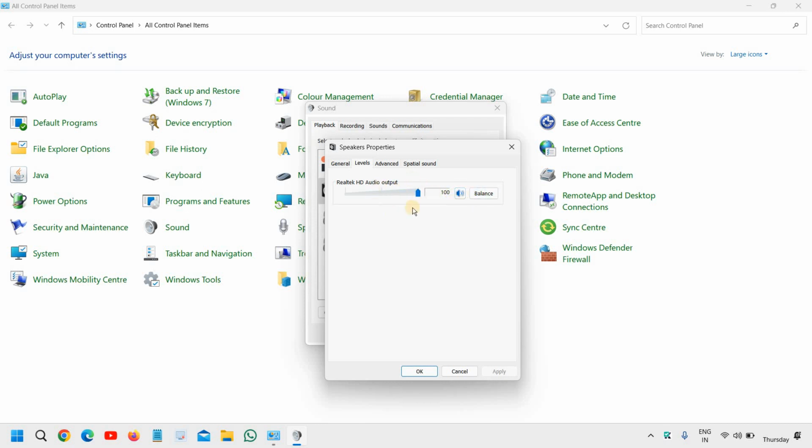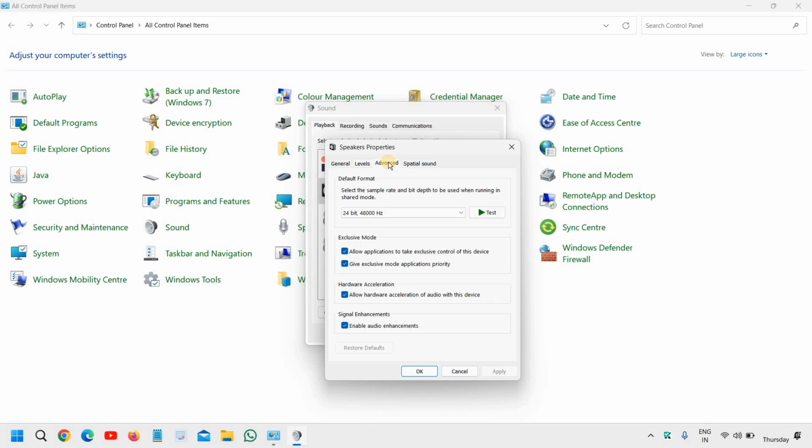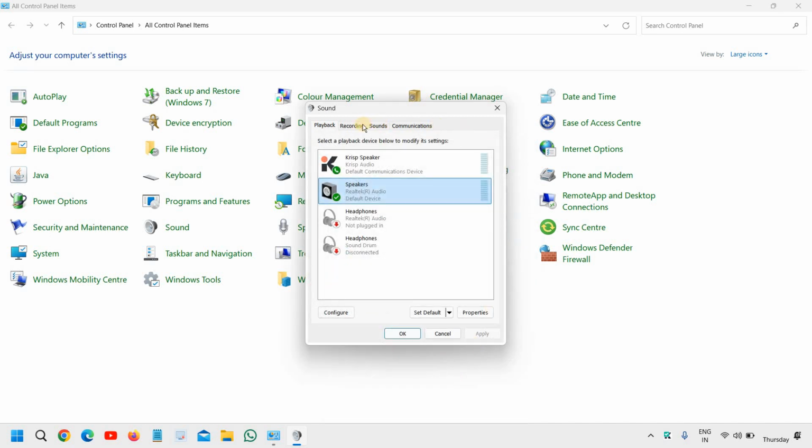All right, so please make sure it is not muted and then go to advanced section. If enable audio enhancements is checked, you can simply uncheck that and click on apply and OK. Once it is done, close this window